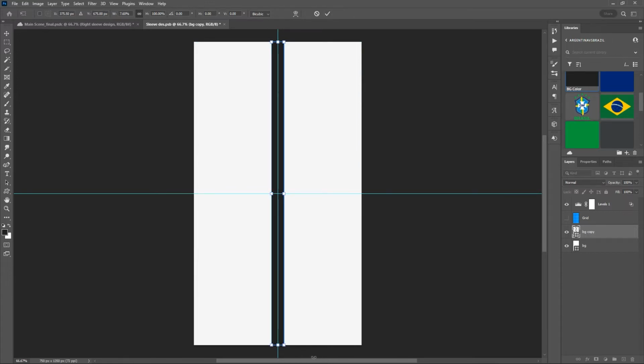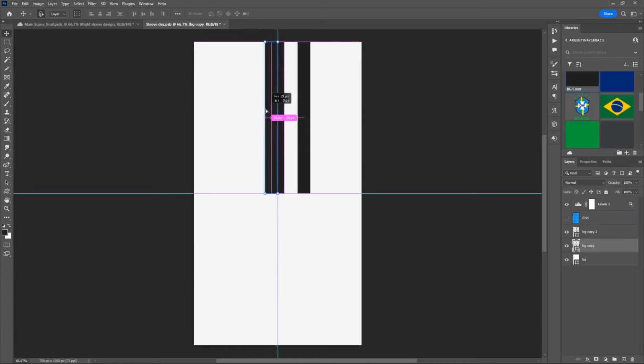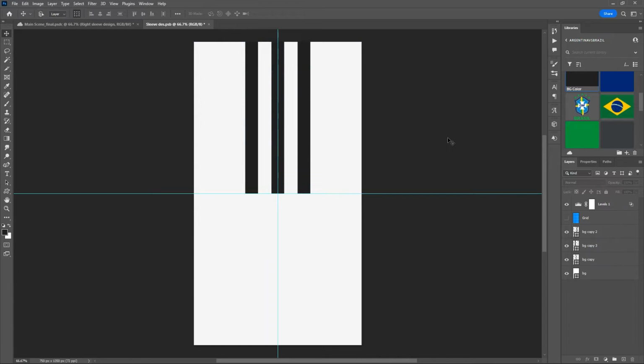And I don't want it to go all the way down, so I'm going to grab it from here, and I'm going to hold the Shift key while I drag it so that I can bring it up, and I'll just put it there on the center for now. Then I'm going to hold the Alt key and click and drag another one. And I want to space them evenly so it looks pretty close. Alright. Now I'm going to hit Control or Command S to save and go back out and kind of see